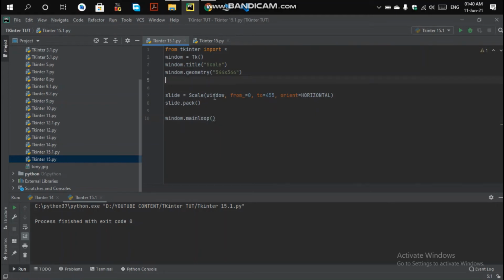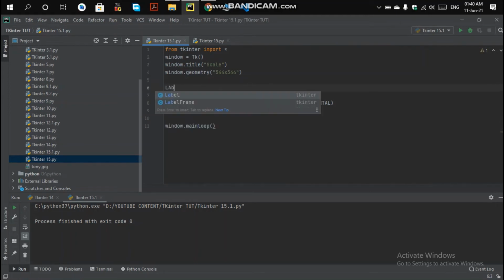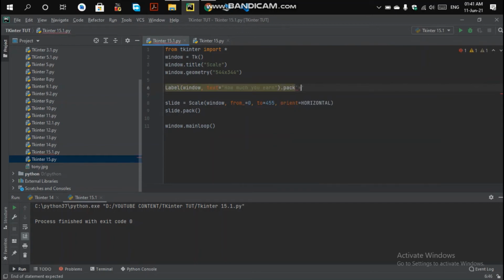In the label widget we place the window, and give the text as how much you earn, and pack it with a one-liner pack method. Okay, let me see how it looks. It looks normal.